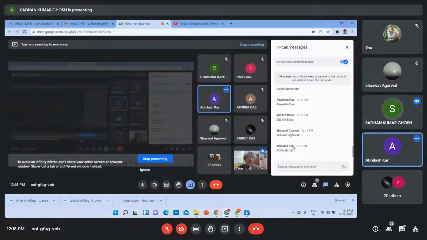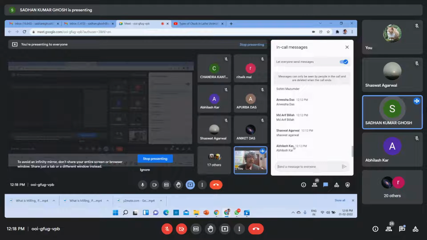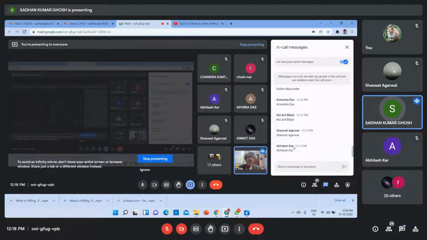Acha. Shashwat Agarwal, you are from which school? Sir, Birla Bharti. So Birla Bharti, you had your language English or Hindi? English. I don't think that it is a problem for you. You have to try. Sir, actually he was speaking so fast and the accent, it was a little difficult to grasp. You know that whenever you took a bath, after some time, walking was a problem for you. Is that right? But you learnt it.